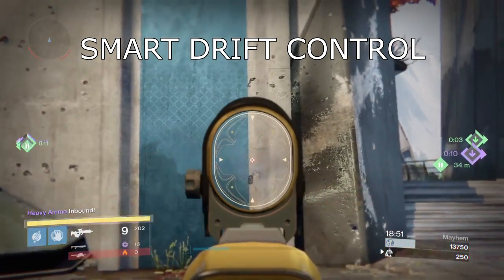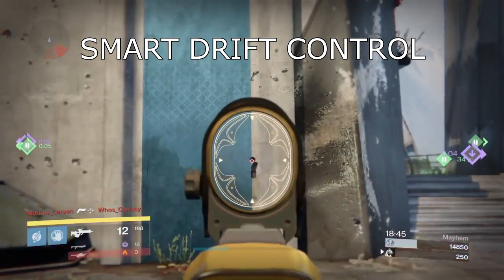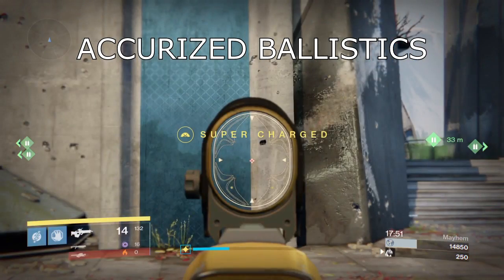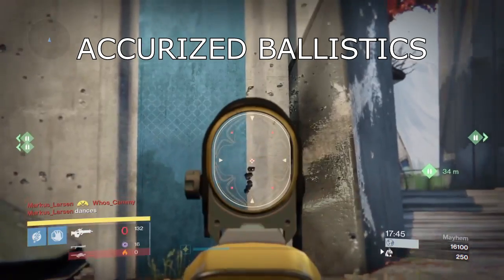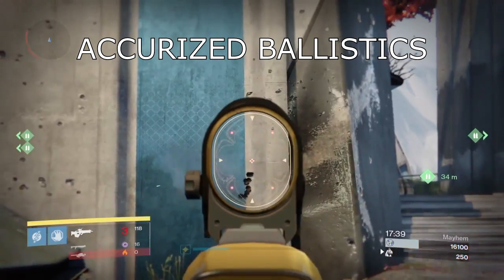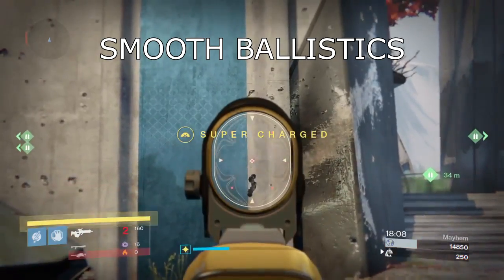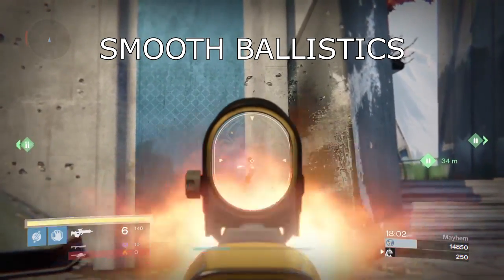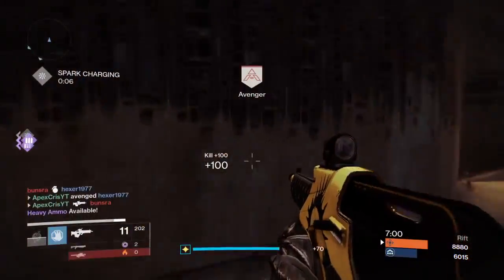For the most part, Smart Drift Control is the way to go for the much more easily controllable recoil. As you will see, it's pretty much straight up, whereas the other recoil patterns with the other Ballistics do bounce a lot more. It's not terrible by any means, but the extra range quite simply isn't worth it, as you will see in